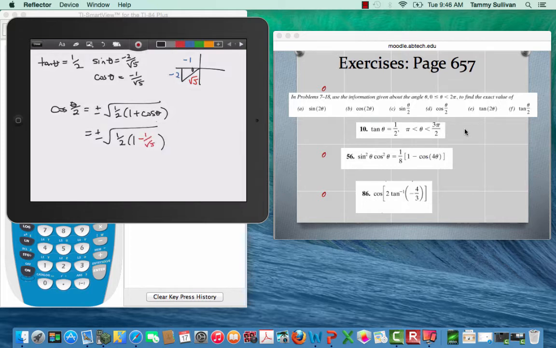The problem is with the plus or minus sign. So if you look at your original angle, it was between pi and 3 pi over 2. So I don't know whether to use a plus or minus. I'm going to have to first divide everything by 2 to figure out the restriction here for my half angle. And I didn't have to do that for the double angle because there wasn't a plus or minus in the formula. So when I'm looking here, that restriction actually puts me in quadrant 2,